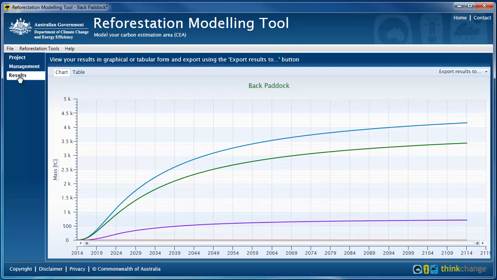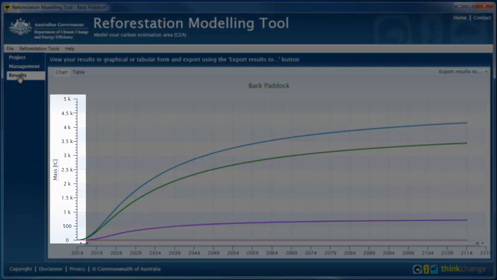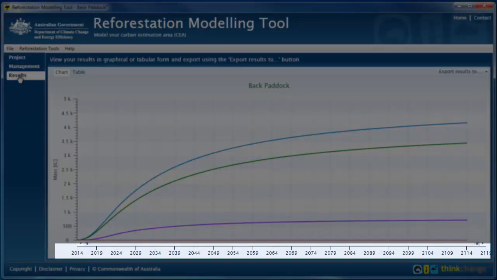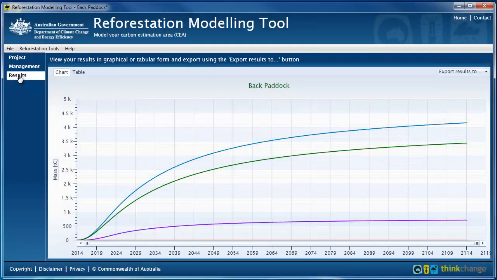The RMT initially presents the carbon sequestered as a graph. What it shows is the tonnes of carbon sequestered on the left axis and time on the bottom axis. Each of the different lines represent different parts of your planting. The red line at the bottom represents emissions from fire, which will be flat unless a fire event has been included. The purple line is the carbon mass of forest debris, in other words, the leaves, sticks and twigs that accumulate on the ground.